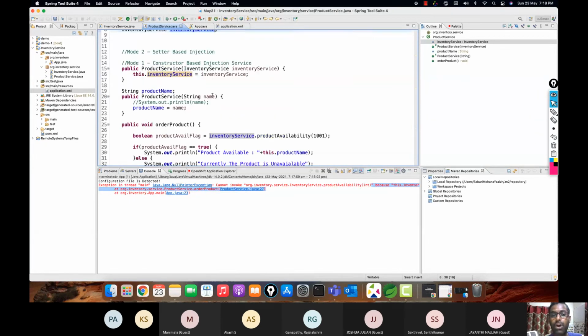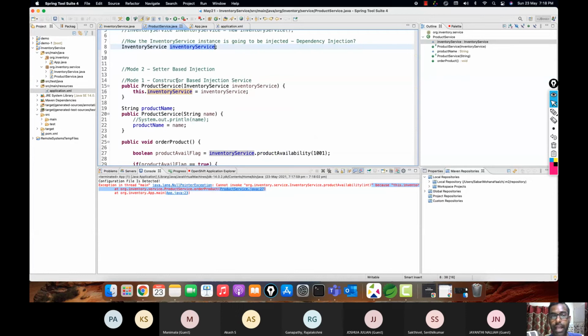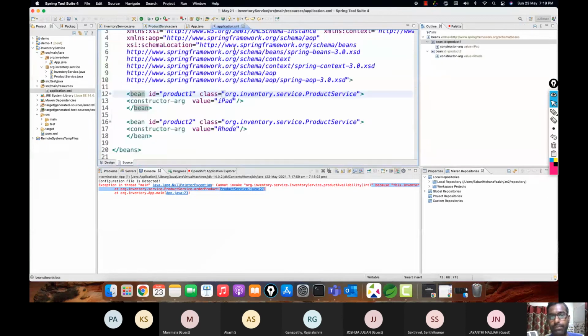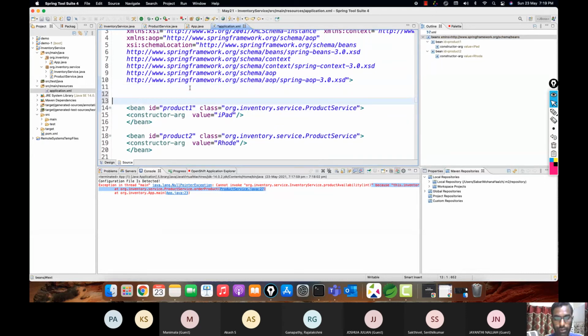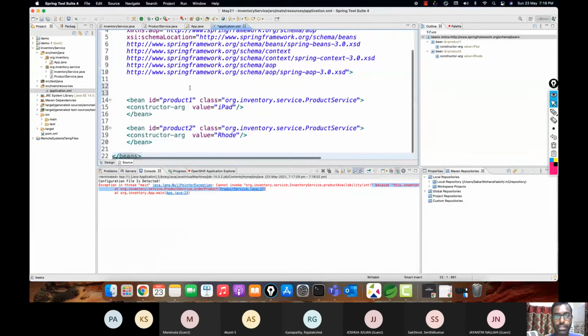You're getting it? So how do we ensure that this injection happens? By calling this constructor. Now IOC is doing its job perfectly. It only calls this constructor because that's what is configured here, correct? That's what is configured. Your constructor argument is for reference to the string type, correct? So what we have to do there is, now we are in need of creating an inventory service bean,